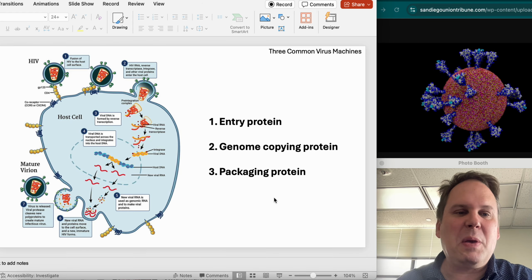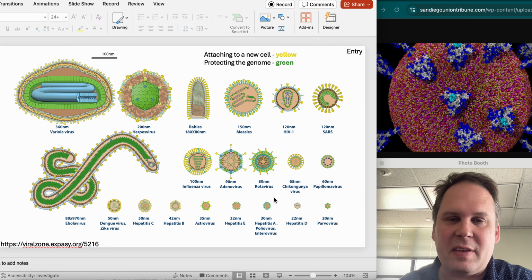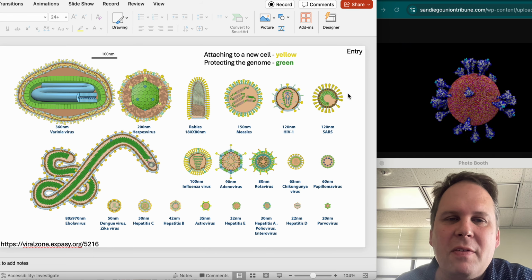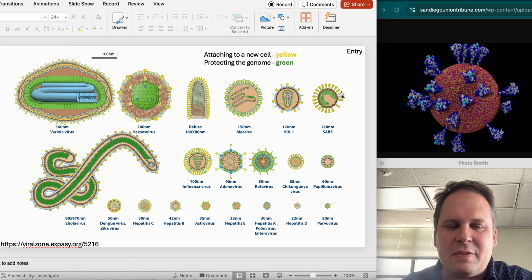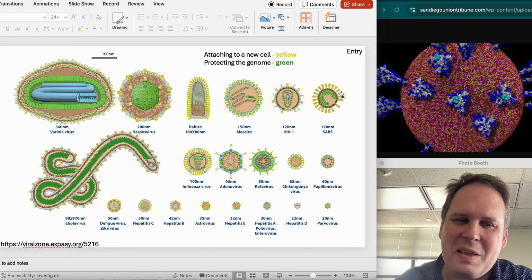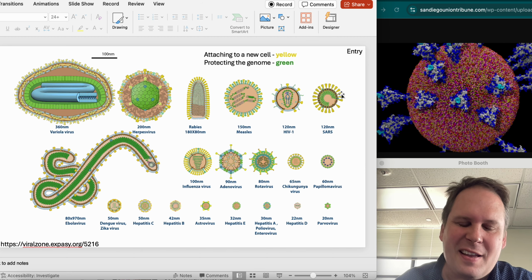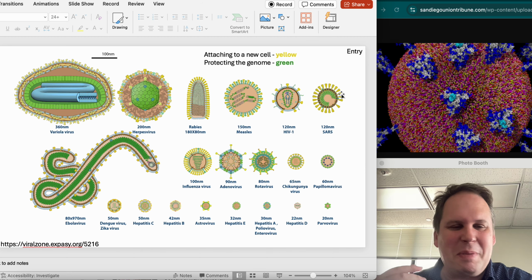When you look at a virus, or rather a virion, you can sometimes spot these things right away. The parts that are going to grab onto a host cell, like your cell, and force a way inside. It's usually the same protein. It's usually just one. And it's going to be all these yellow things. They're always going to stick out on the outside of the virion because where else could they be? They're like little Velcro hooks. They're going to catch on to your cells so that the virus can stick to the right cell, because going into the wrong cell is not going to get it anywhere. And viruses, they've got to be efficient.